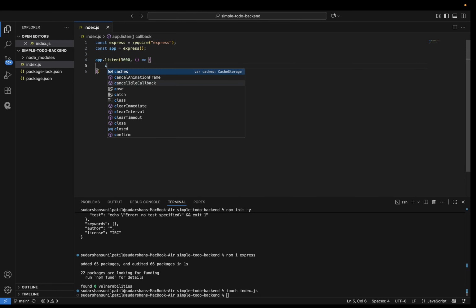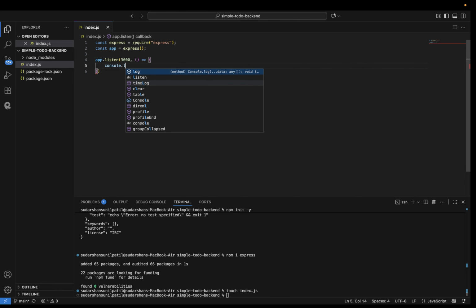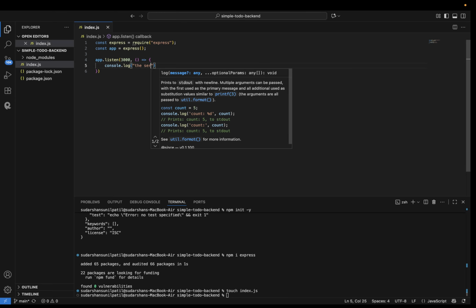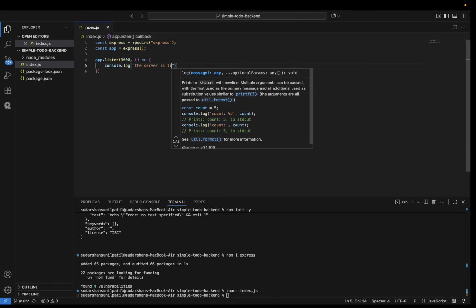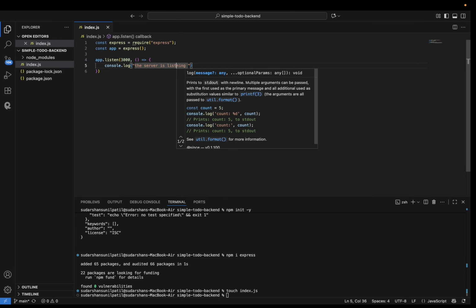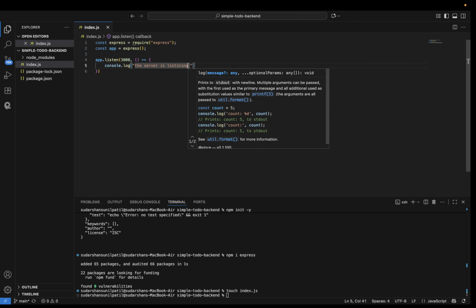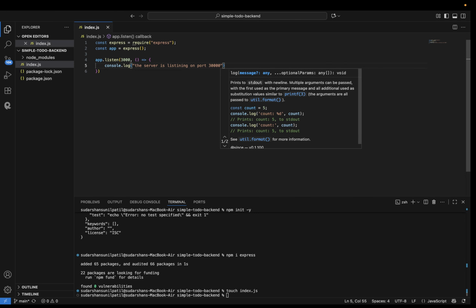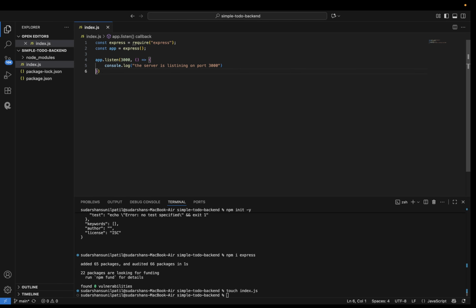and console.log. The server is listening, maybe a spelling mistake, listening on port 3000. Okay, then